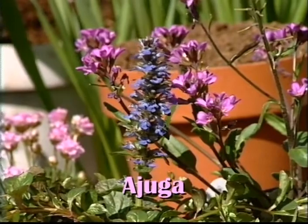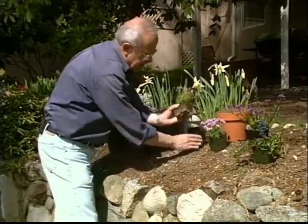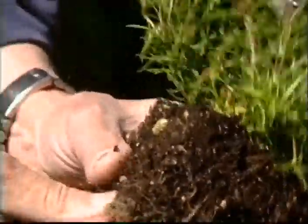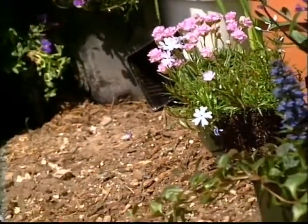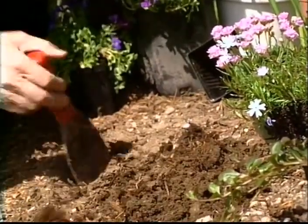That's ajuga. Now, let's just take a minute and plant one of these. You can see the root system is quite dense, so I'll just massage it a little bit, like so. And I'm not quite ready because I haven't dug the planting hole yet. But what I'm going to do is to dig down into this soil and dig a pretty good sized planting